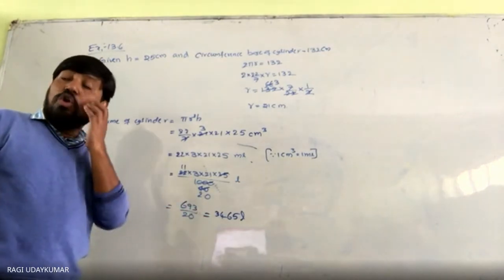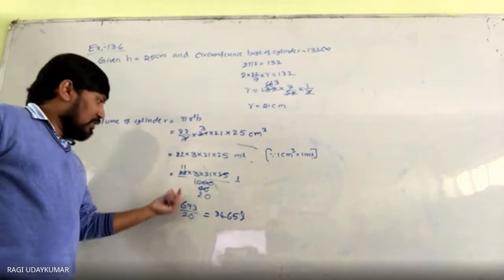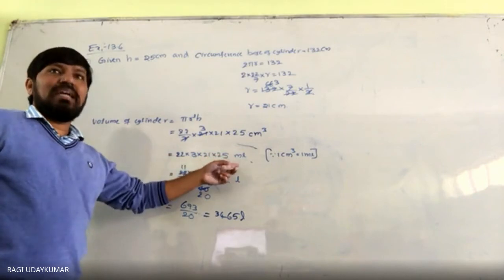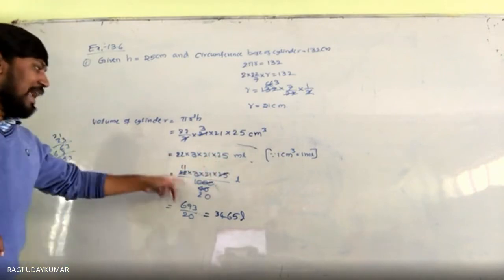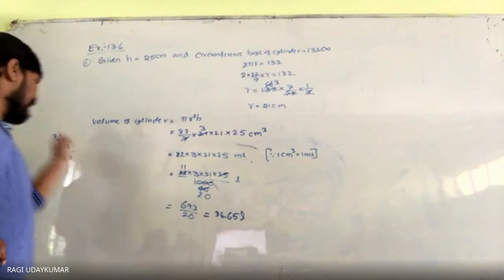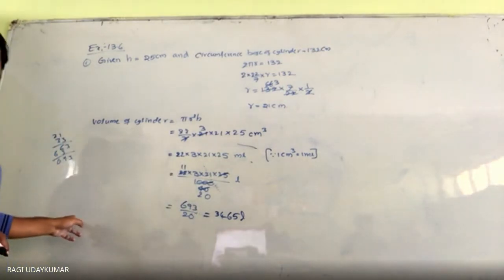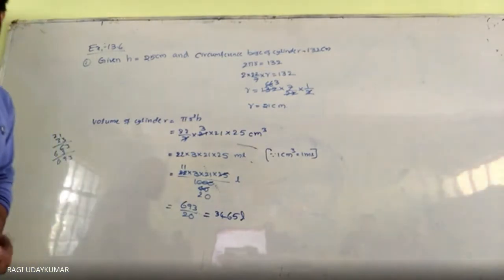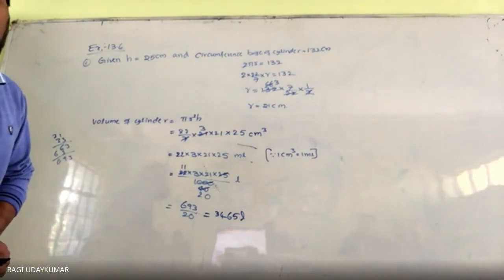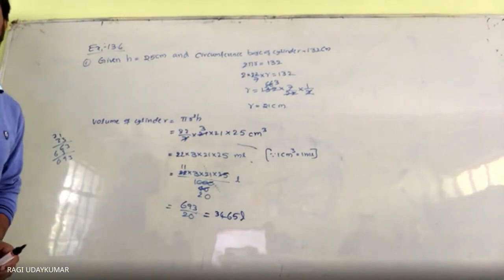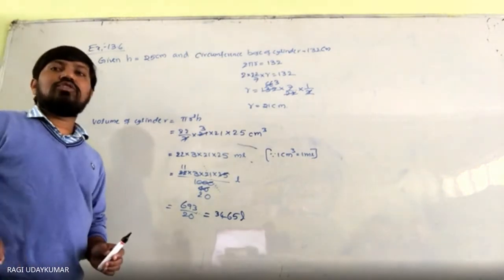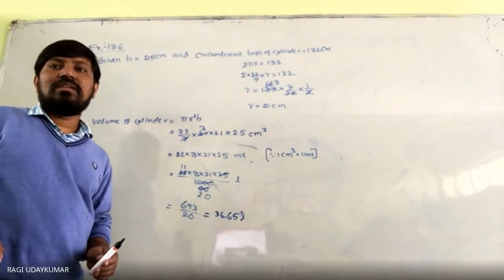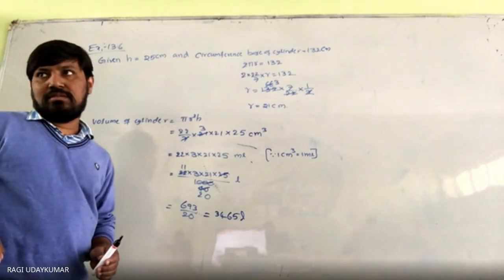See the complications here: you can make mistakes anywhere in the multiplication. This cancellation became a little easier and this multiplication is easy. Okay, the problem is not complicated, only that generally we make mistakes sometimes, so you have to be very careful. Next, second question: given that the inner diameter of the cylindrical wooden pipe